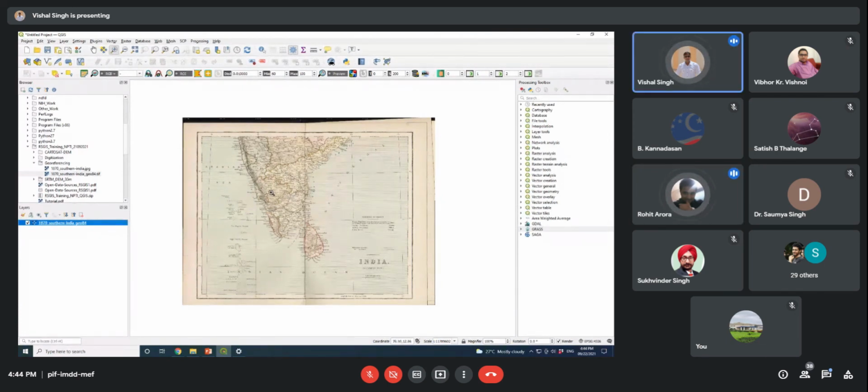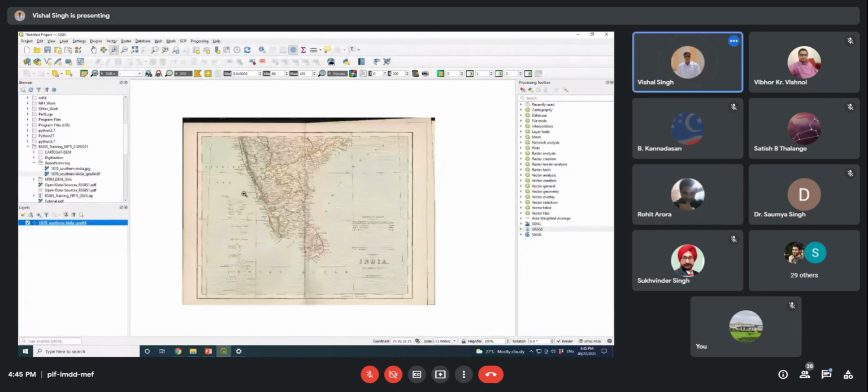Suppose you now have this map georeferenced, and you have any data which is not georeferenced. In this map, you know the coordinate values at a point, and you can take the reference of that particular point and add the same coordinate value at the same location on the map which is not georeferenced. Based on the same procedure, you can do that. In that case, we need to add the coordinate value, right?